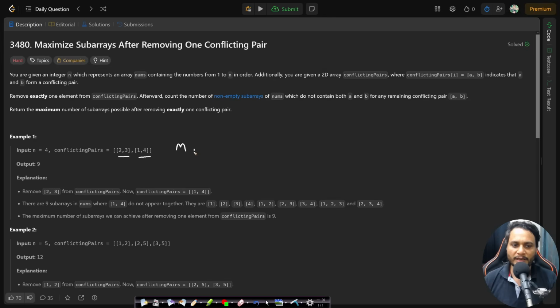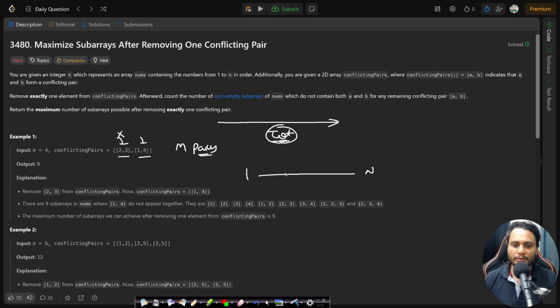Let's say there can be m number of such pairs, and you can try to remove each of these pairs one by one. When you remove a pair, then you need to traverse and calculate the total count that you are getting by traversing through each point one by one, right? So as I had shown